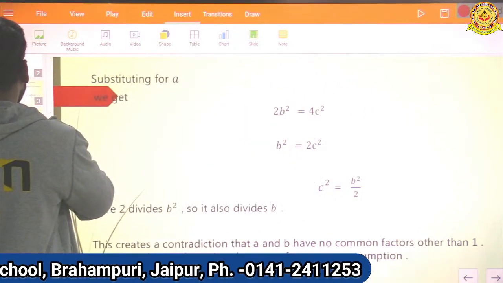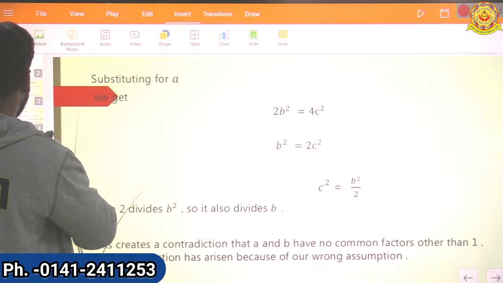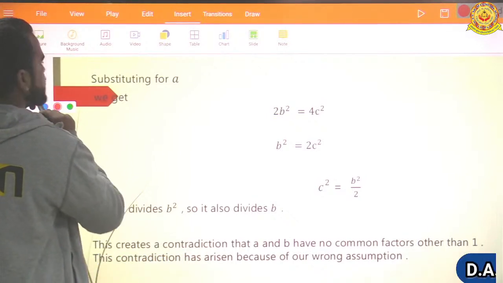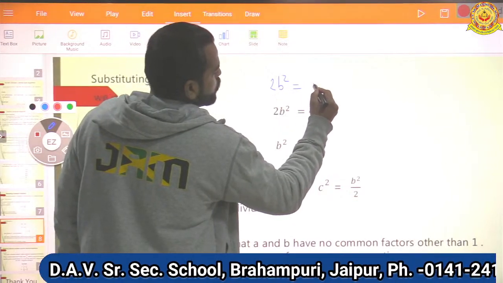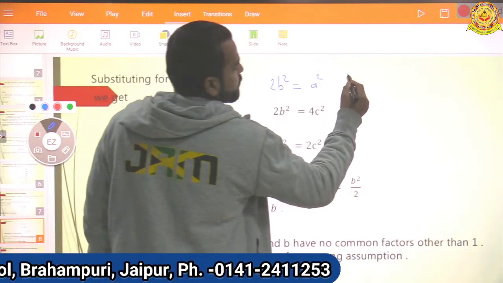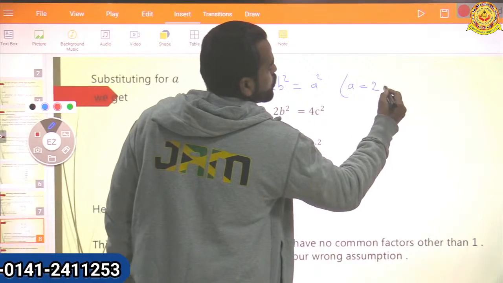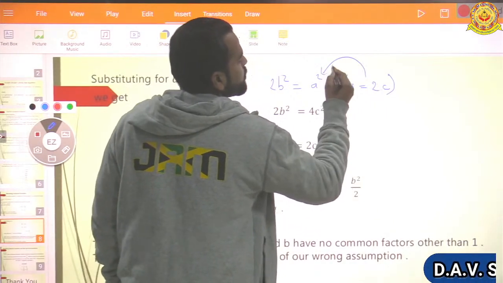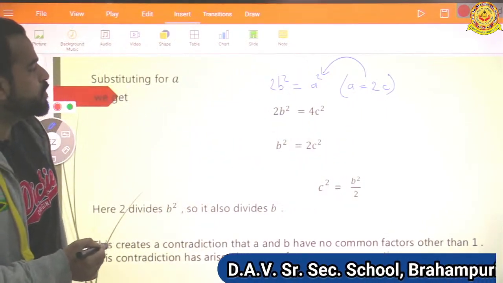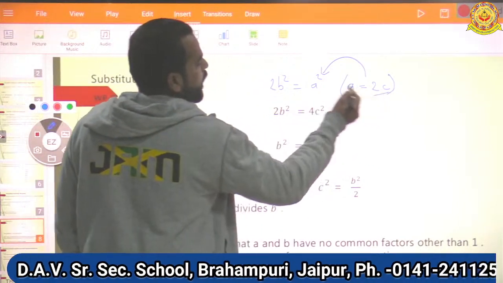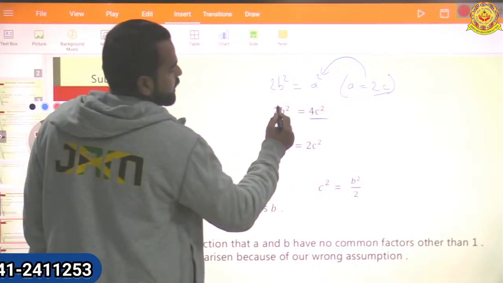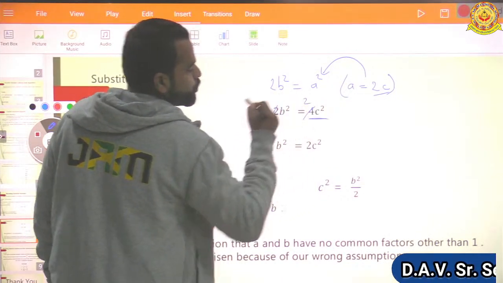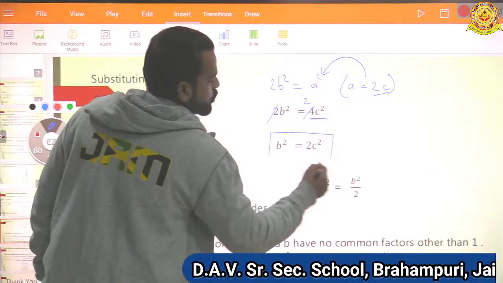We studied that previously it was 2b square is equal to a square, where we have seen that the a value will be 2c. Now if we are substituting the value of a here as 2c, then 2c square will be 4c square, correct? Therefore the 2 will cancel with 4 two times, so b square is equal to 2c